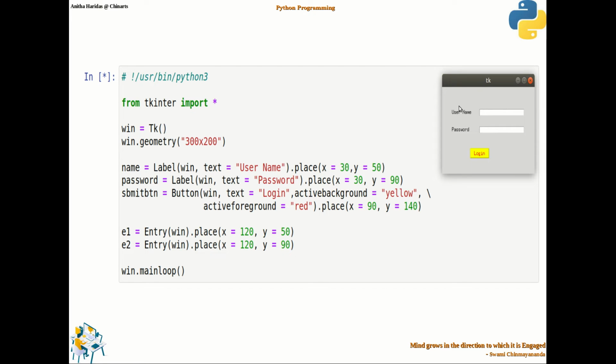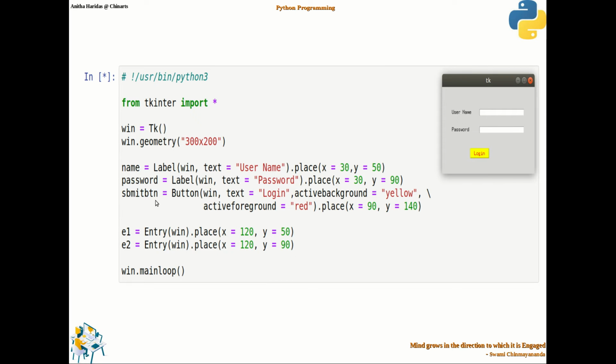Okay. So this username will be placed in the window in x and y coordinate like 30 and 50. Then the next label is created which has the value password. So this label is also created and I am packing it at this particular location.